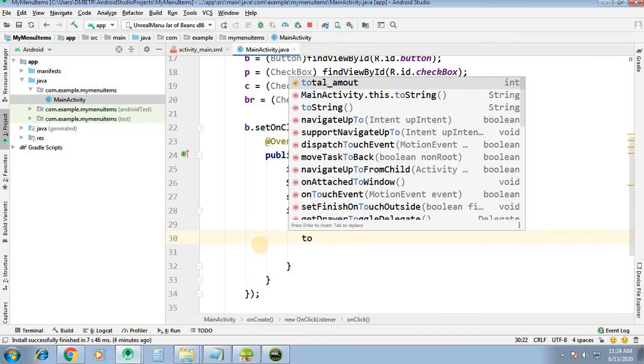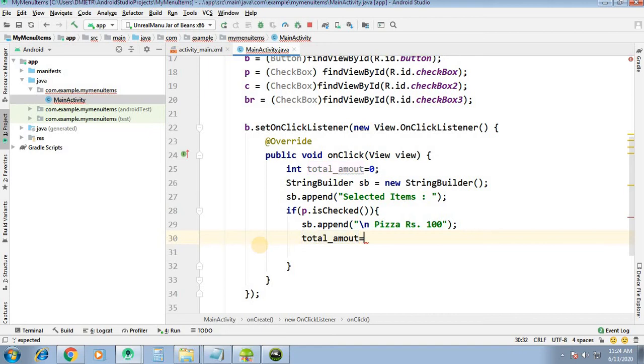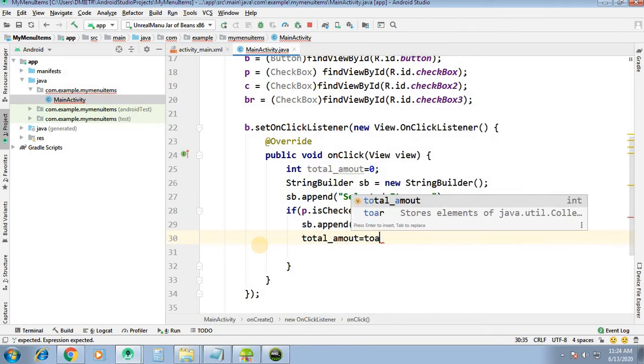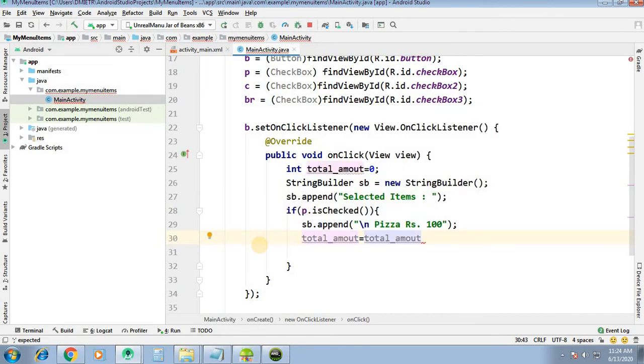So total amount equal to total amount plus 100, or you can write total amount plus equal to 100. So this is what if the pizza is selected.